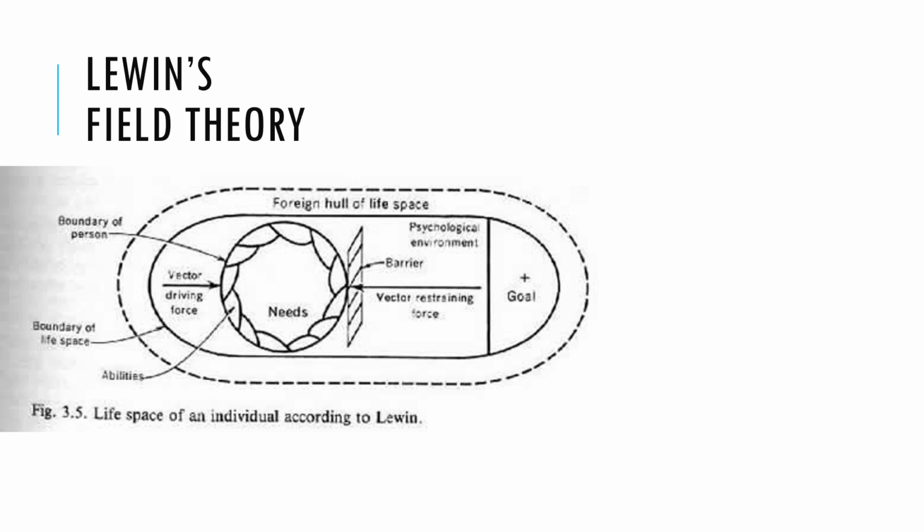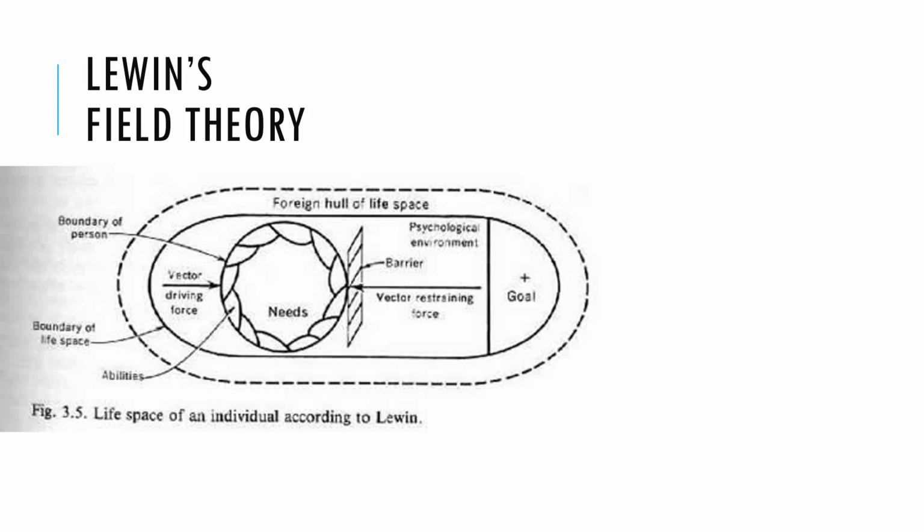All right. Now we have vectors. So vectors are driving forces, and they're pressuring you from different angles. And there's probably more than just two vectors pressing on you at any given time, but in his model, he just drew two vectors. So you've got a vector on the left that just says vector driving force. Then you have the one on the right that's called vector restraining force. You have some vectors that drive you towards your needs, and you have some vectors that are restraining you from pursuing other needs or restraining the environment from fulfilling your needs. So it's kind of complicated.